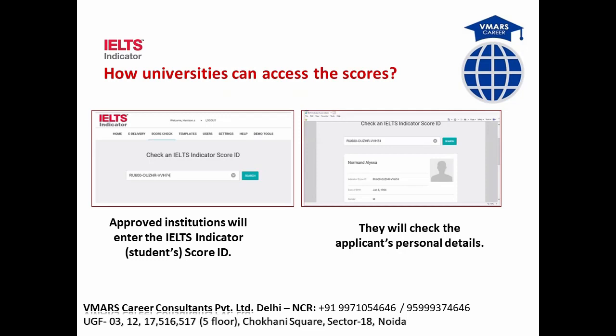From this image, what I want to show you is that in the first image there's a student. Then, obviously, the crisis we are all facing is COVID-19, the coronavirus. And then there's a university. So what IELTS Indicator is doing now is helping you approach the university sitting at your own home, and then have a secured position in the university. The simple basic reason for IELTS Indicator: appear for this test and secure your position in the university.